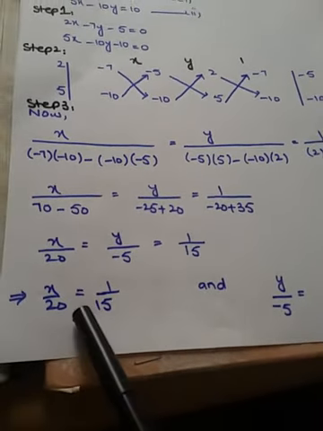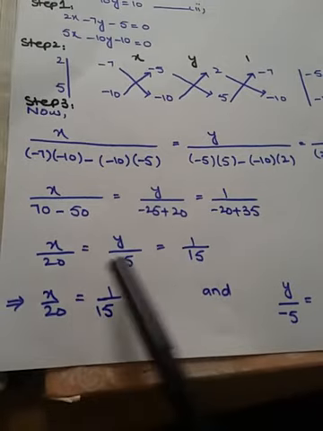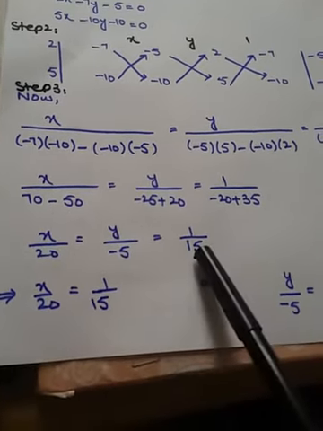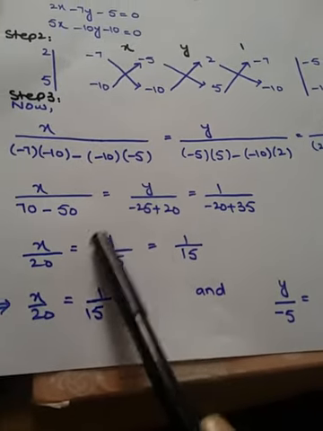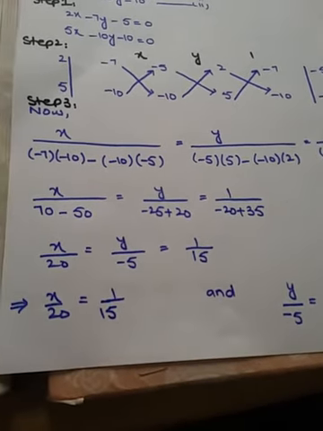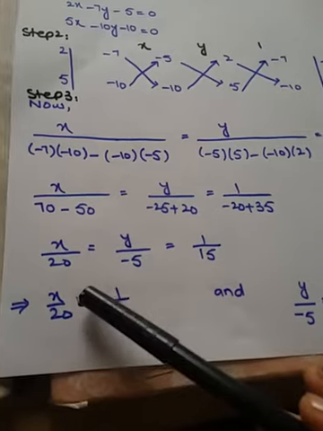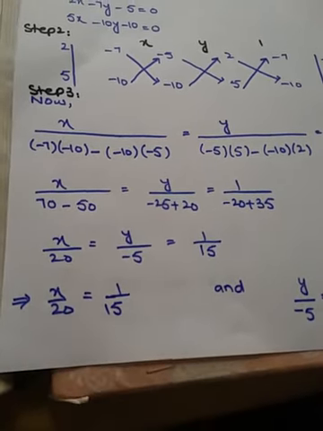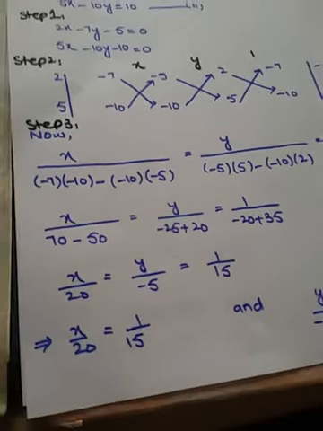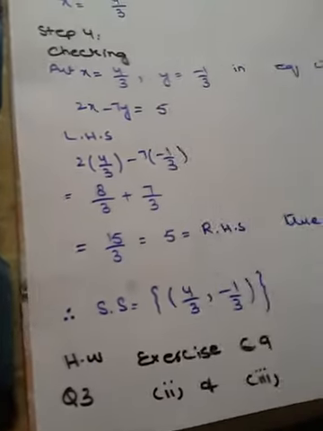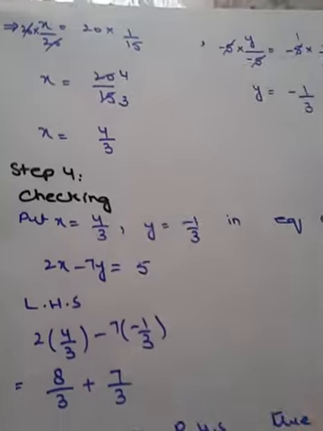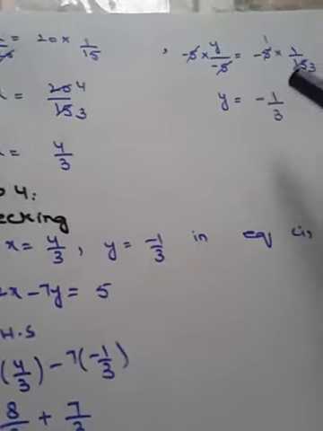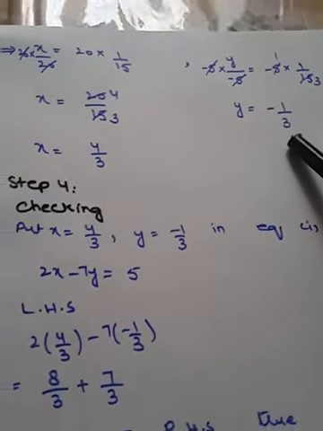So after simplification you will get in this way, and then we will equate this part with this constant and then this part with this. Are you clear? And as we are going to find the values of x and y, so we will get rid of this denominator. For this we will multiply both the sides by 20. Like this, and in this way we will find the value of x. Similarly we will find the value of y.